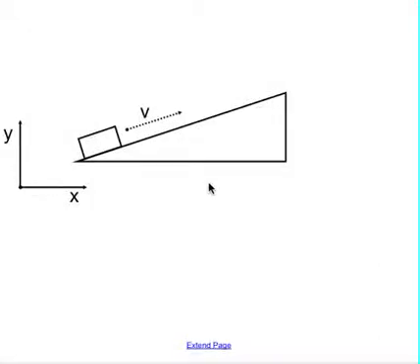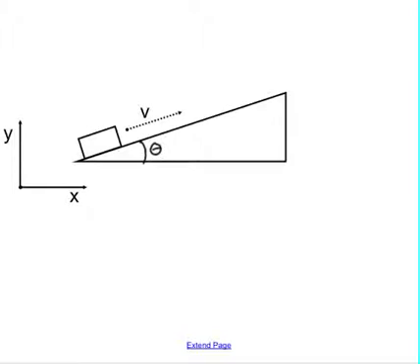Okay, here we're going to solve a Newton's second law problem with a block on an incline. We're going to use Newton's second law, which means we need to identify all of the forces acting on our block in order to calculate the net force, in order to get the acceleration. We will assume we know the angle here,